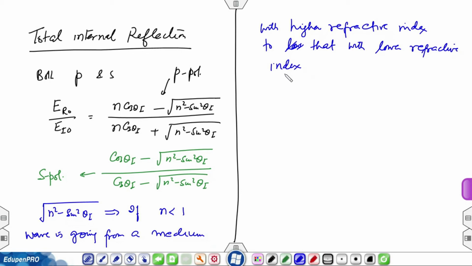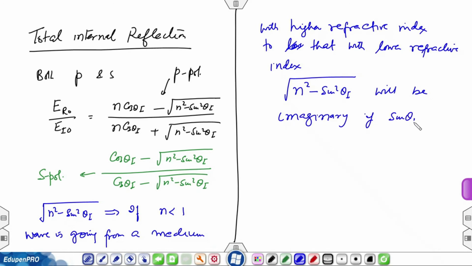In that case, the square root of n square minus sine square theta I will be imaginary if sine theta I is greater than n, or theta I is greater than sine inverse n. Right? What you have learned earlier in optics is that there is a critical angle